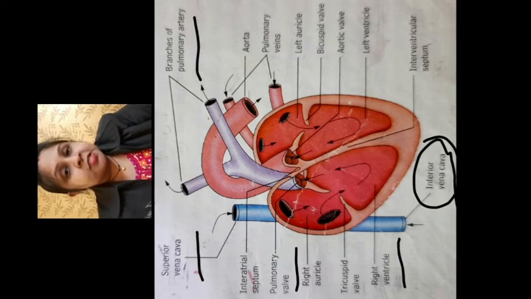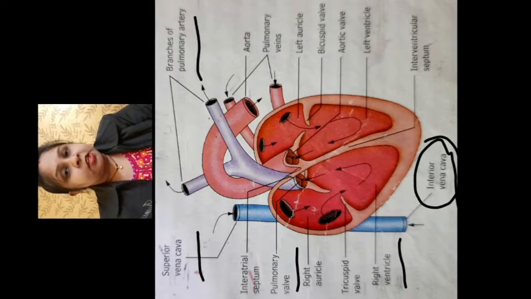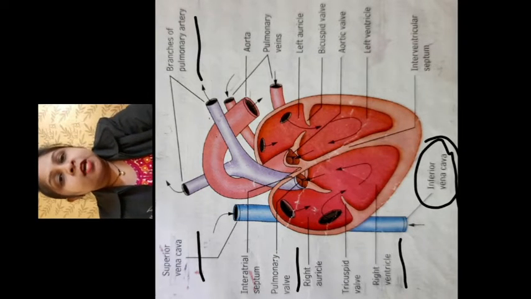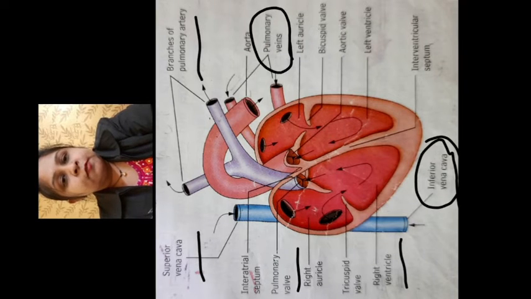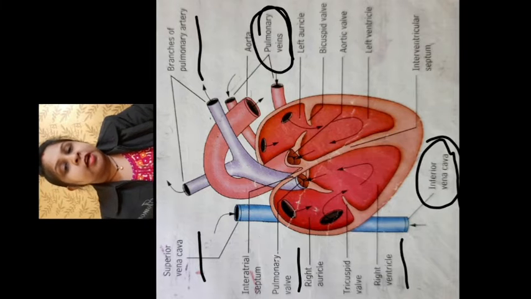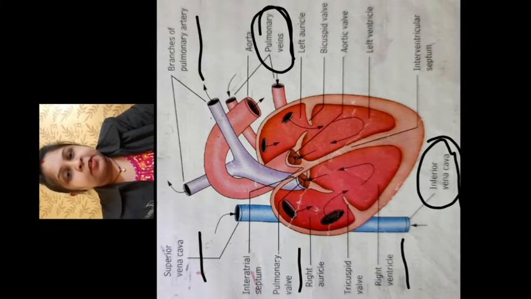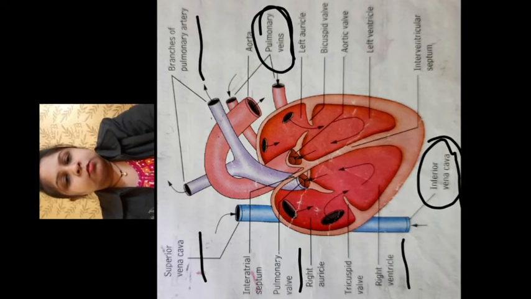The blood that carries carbon dioxide goes to the lung, and there it is oxygenated and it again goes back to the heart through the pulmonary veins. Now this cycle keeps on continuing itself. I hope the cycle I have explained to you over here is clear to you all.